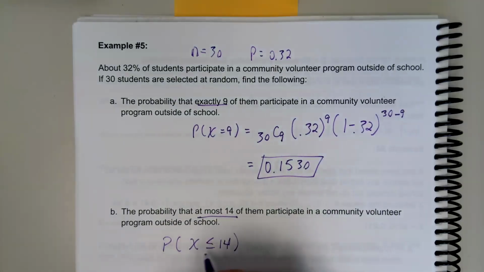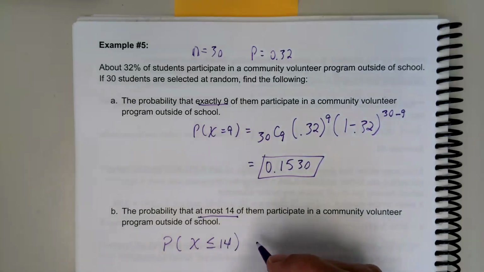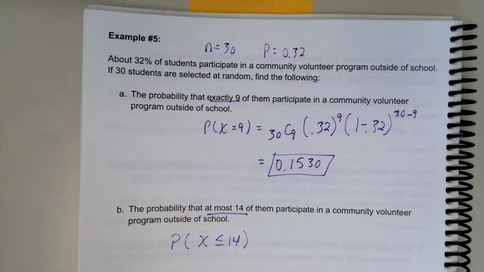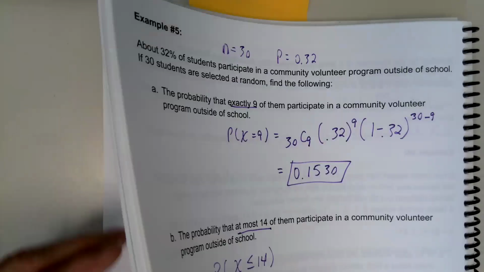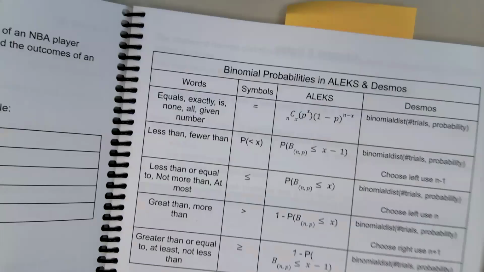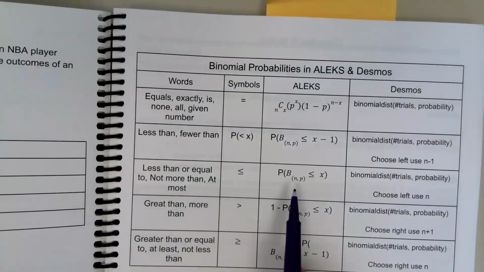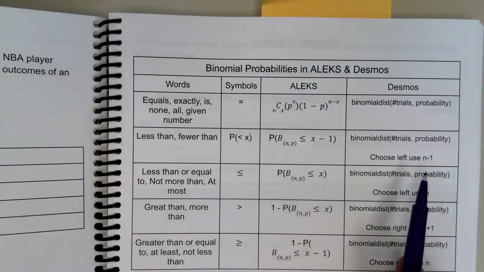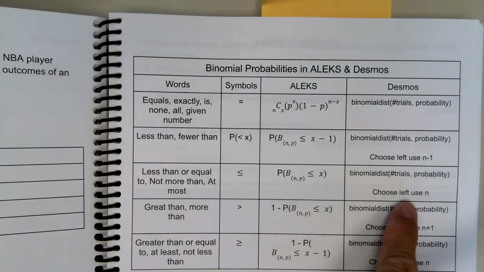We can include 14, but it's everything below that. And so you can either use your ALEX command. So at most would be right here. So you could either use the ALEX command,